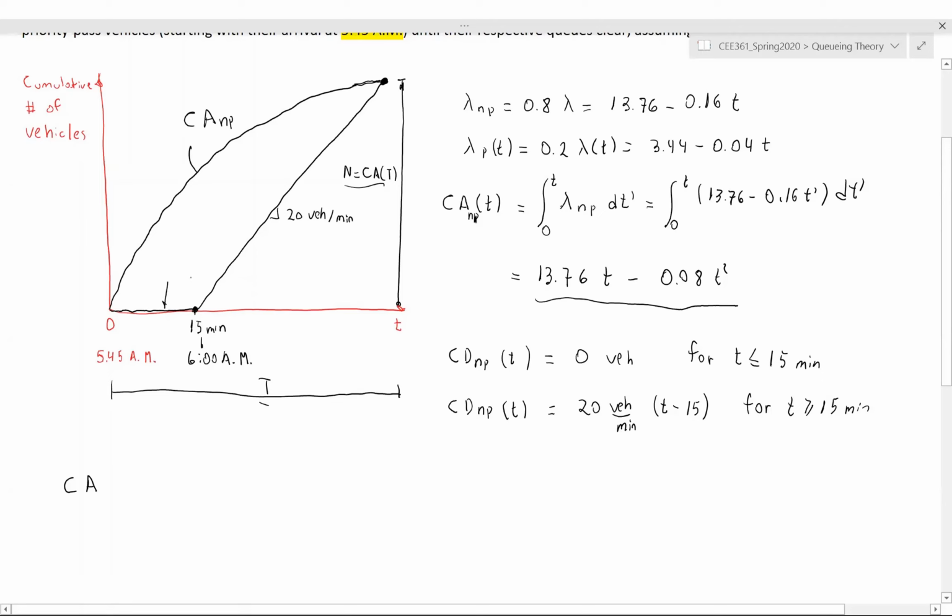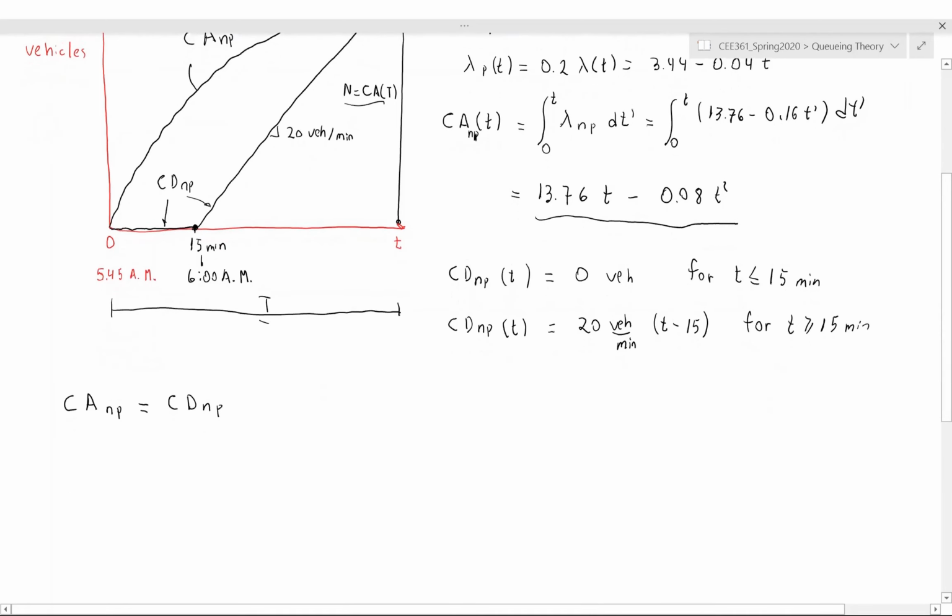This line and that line are the cumulative departures for non-priority pass vehicles. Now they left for 50 minutes, and then they start leaving at 20 vehicles per minute. So we have to make the cumulative arrivals equal to the cumulative departures. That's what defines that point. And since I have the function, it's just a matter of writing